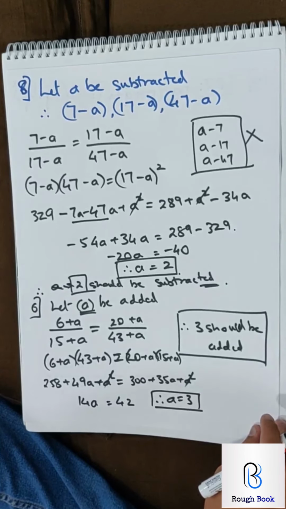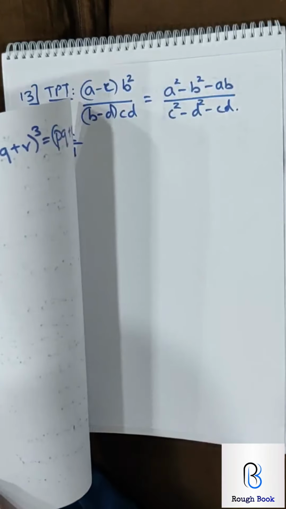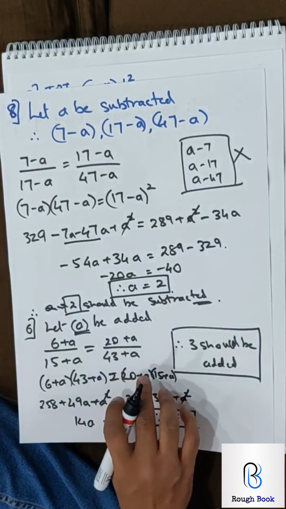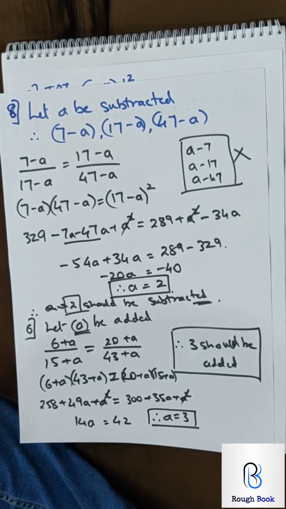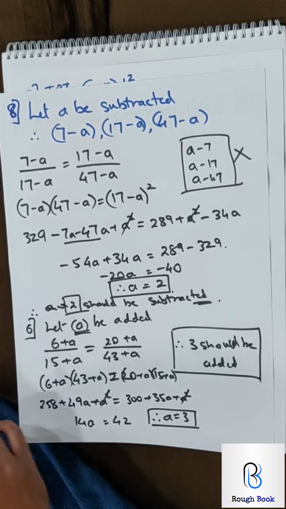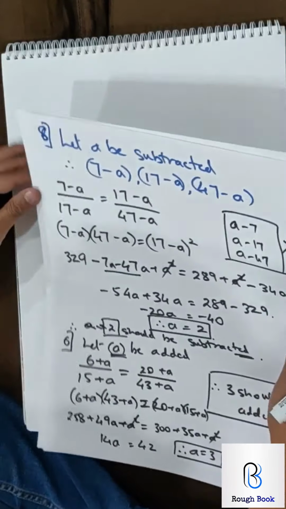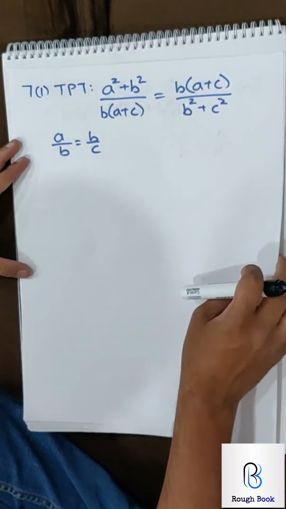Now that we are done with this, let's go on to the next one. I want everyone to try sum number 7 part 1. Just go through the sum. 7 part 1. Okay. So 7 part 1 I have kept it over here below. 7 part 1 says